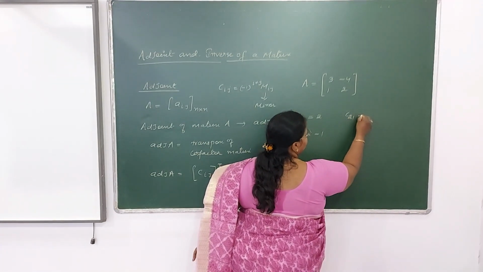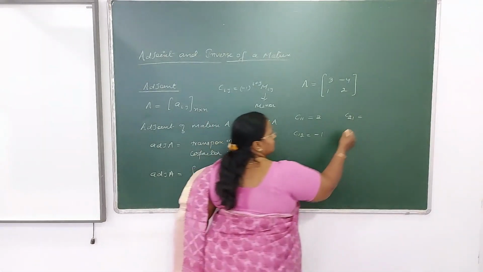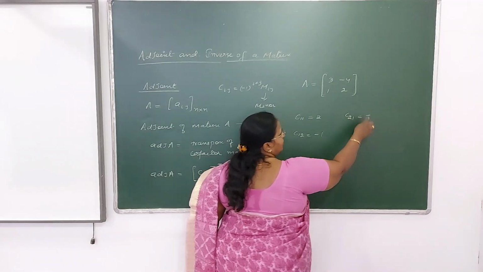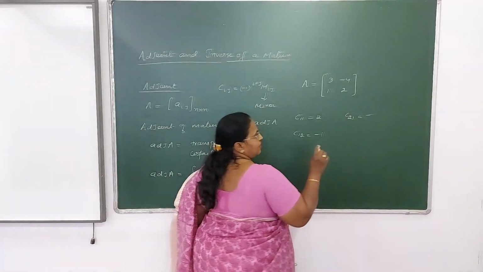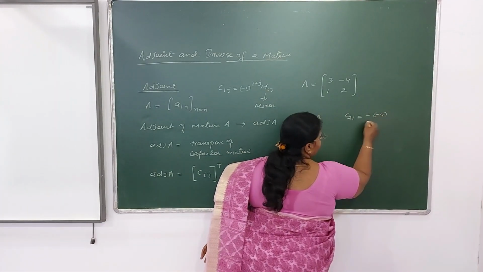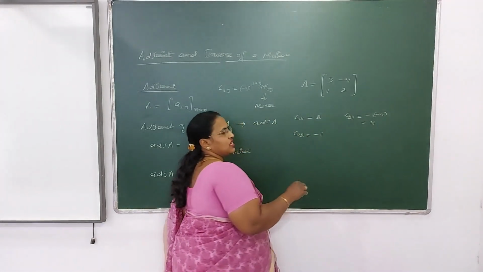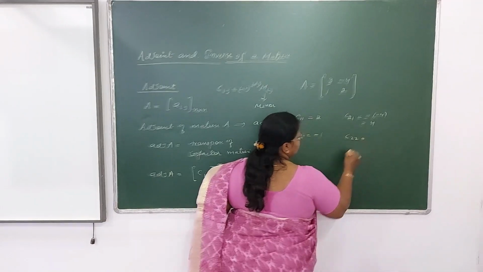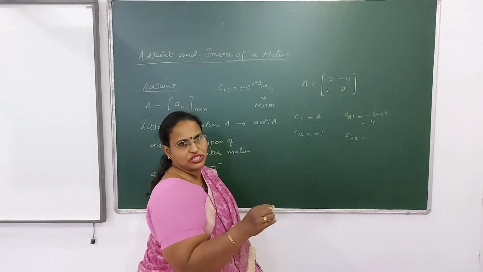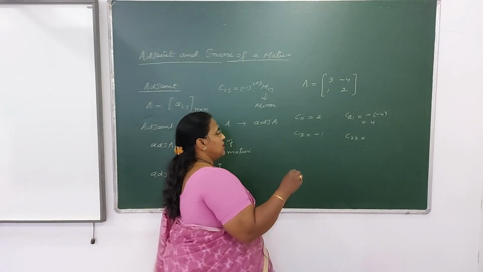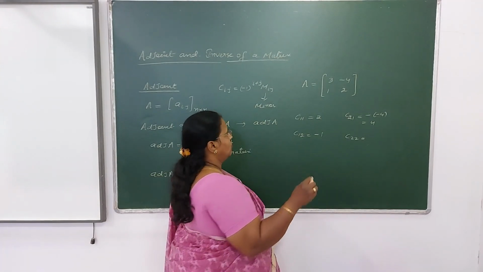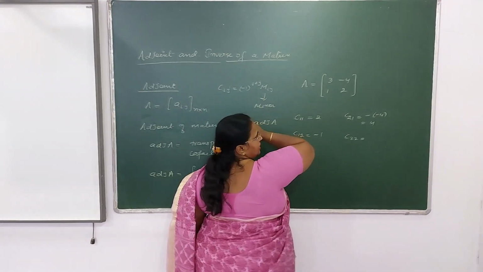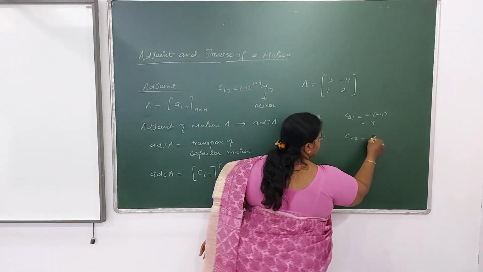Now moving to the next row, the element C21. 2 plus 1 is odd, so we will place a minus sign here. Now delete the second row and the first column. We get -4. Get the determinant value of -4. It's -4. So that way here you will be getting +4. Now the last element C22. 2 plus 2 is even, so definitely it will be a positive value. So nothing to write. Simply we'll find out M22. Delete the second row and the second column. The leftover element is 3. Get the determinant. So it's +3.